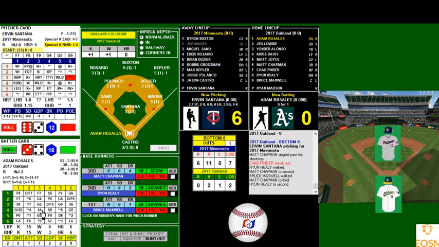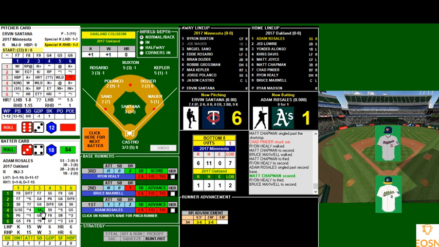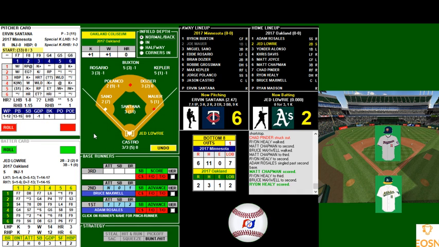This one, ground ball headed towards Dozier. He can't get to it. 1 run scores. Another run is going to score, and it's Ryan Healy, and it's 6-2. And that's going to do it for Irvin Santana. He's pitched a brilliant game. 7 1/3 innings pitched. 3 hits, 2 runs, both of them earned, 3 walks and 9 strikeouts. Definitely making a case for Cy Young